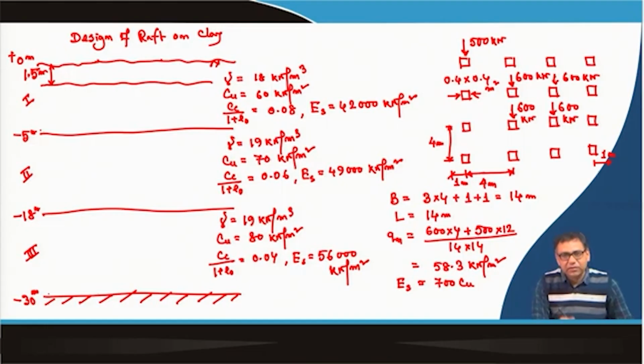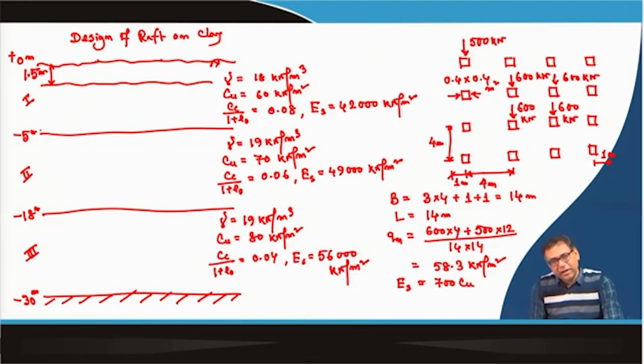So, that means we obtain these data from the laboratory test. And for this Es, we have used these correlations, and then we got this Es with respect to the